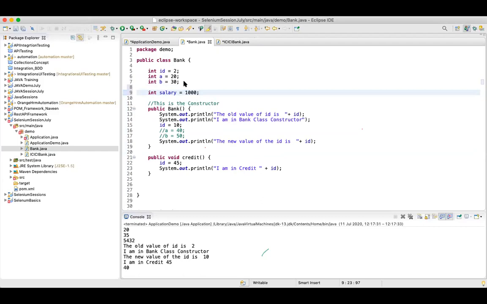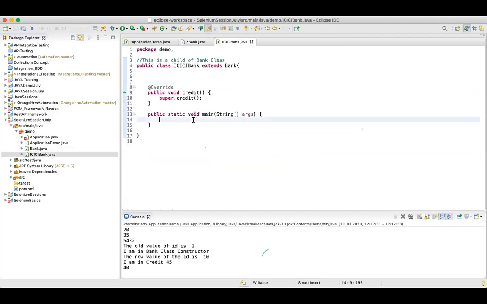Now in this particular class I want to print the salary. So first thing I can do is create an object of this class, ICICI Bank. Can I create an object of this class over here? Yes.